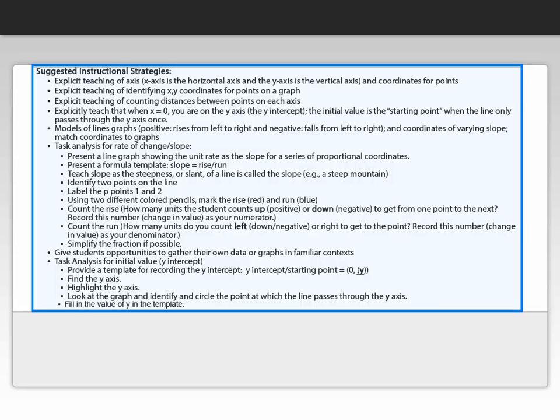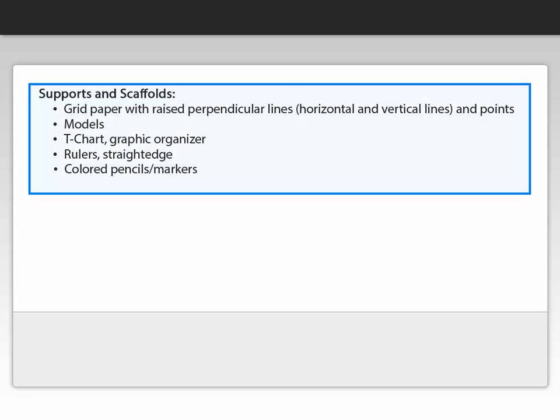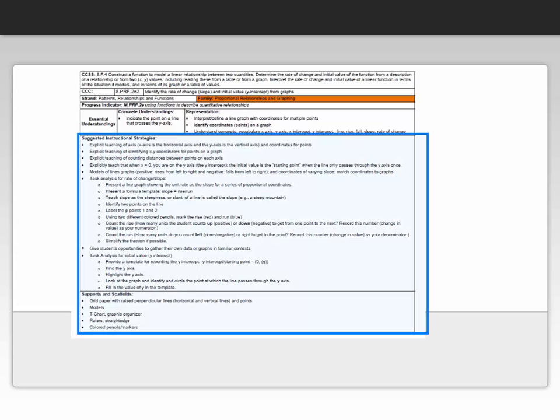And finally, the supports and scaffolds provide suggestions of possible tools and materials that assist in the promotion of understanding and engagement with the concepts. These suggested supports and scaffolds can provide a way for students to demonstrate what they know and can do. The last two sections of the element cards are not all-inclusive. As you use these materials and determine other instructional strategies that work, or additional ideas for supports and scaffolds, add